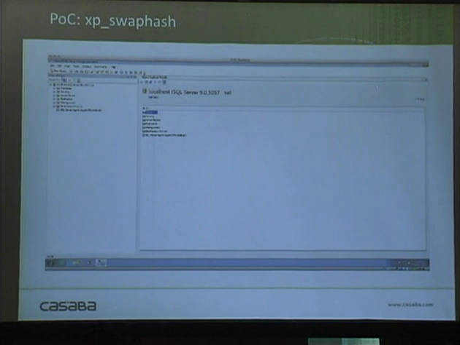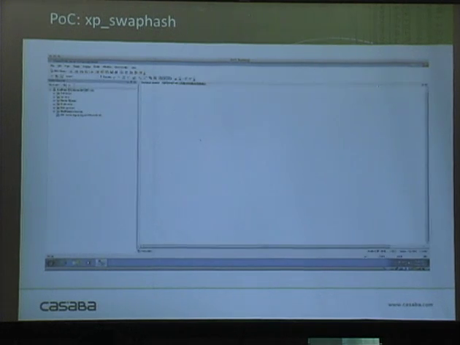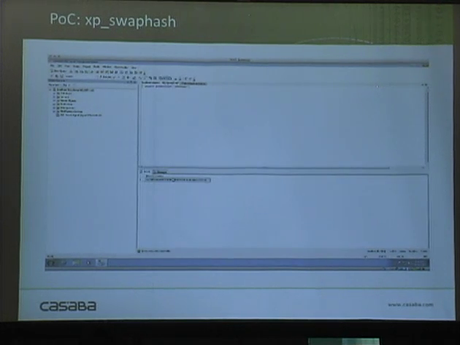Then we go in and bring up a new query session. We're going to generate a password. And the password being generated is from the plaintext password, I believe. Told you, hard to see. Set pass. So now we're going to take that hash value, just copy it on up,